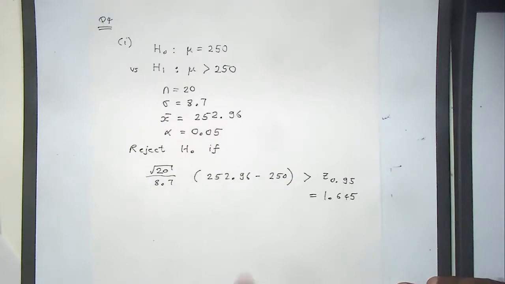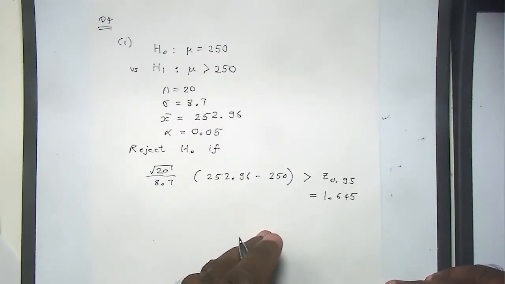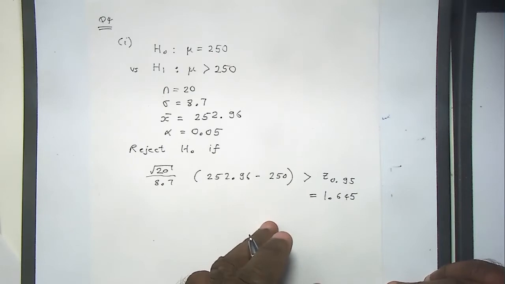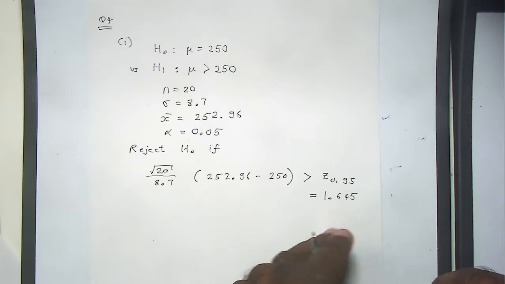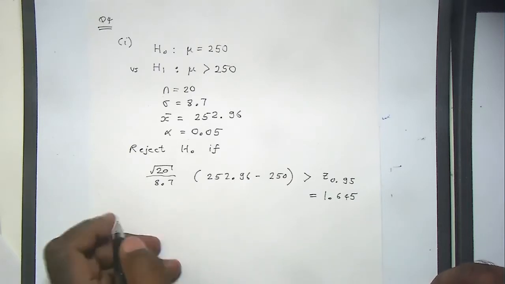So you can work it out. I'm not going to work this out. I'm sure all of you have calculators. Hello guys, you listening now? You can work this out and see if it is greater than 1.645. Okay, and part 2